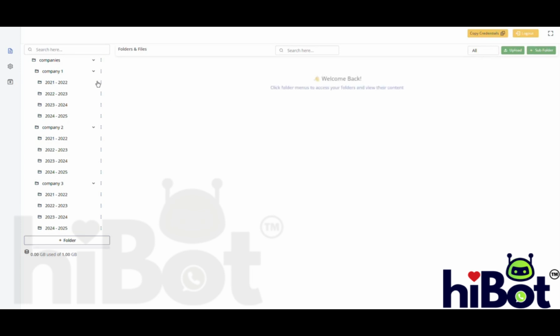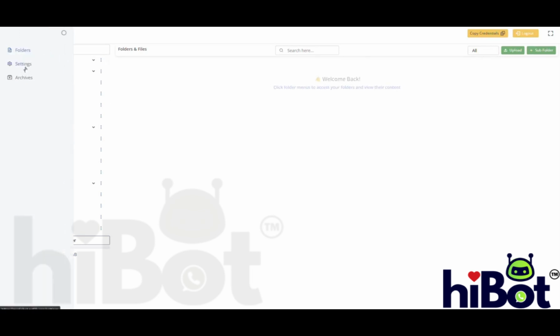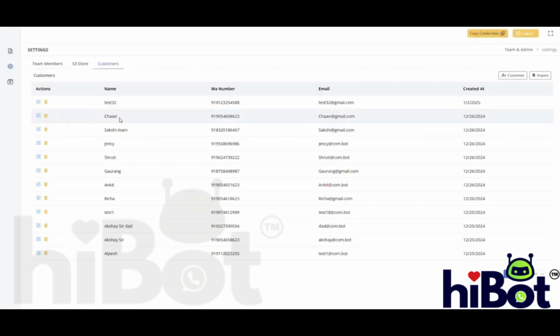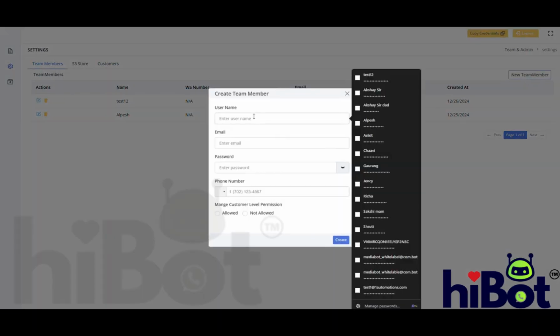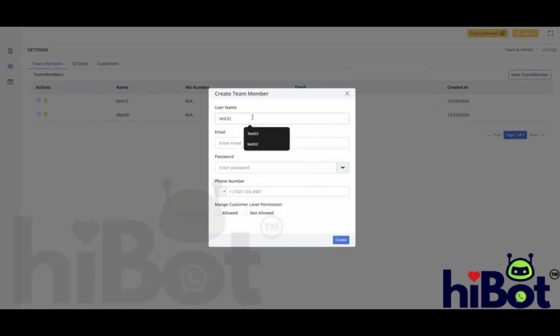Today we will see how you can create the team member. Click on the setting icon, select the team member, new team member, give the name, their email address, and password. Then you need to enter the number,